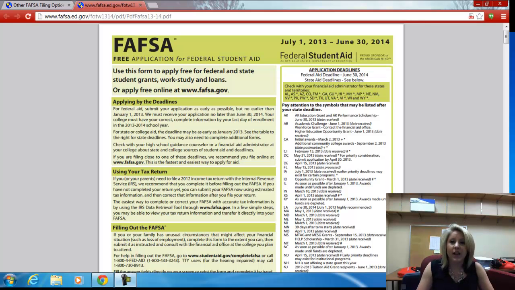When you log in to file, you're going to need to have some information ready, such as your Social Security number and your previous year's W-2s and taxes. It will ask you some information, and the form is really specific. It tells you exactly what line items to look at on those returns and those forms to input the necessary